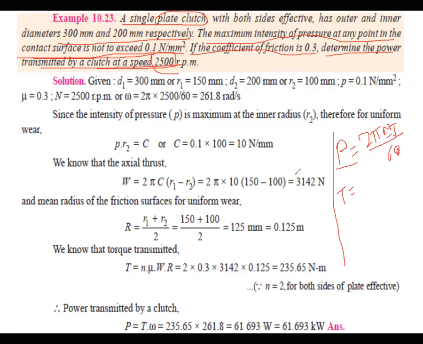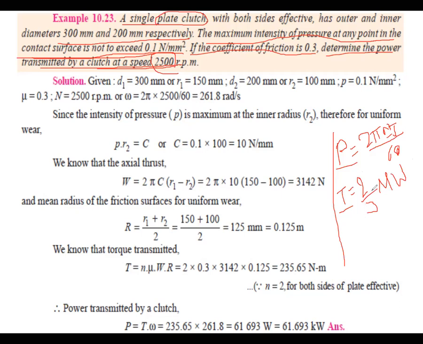So what is the formula here? Torque for uniform pressure. So 2 by 3. So very essential to understand this. Don't go for 1 by 3 instead of 2 by 3. If at all you are writing 1 by 3, it is the interchanging of uniform wear and pressure, then you are in trouble. So that is why don't go for that. Don't create unnecessary trouble there.